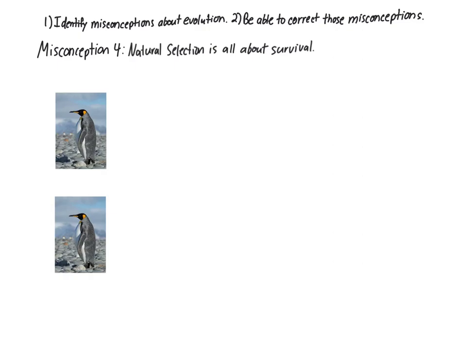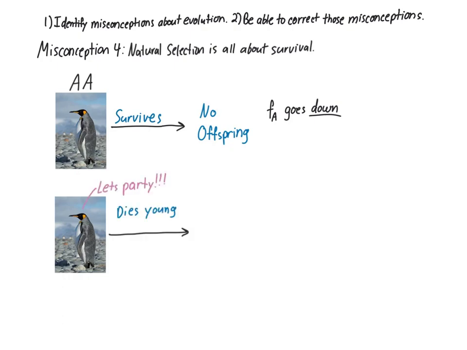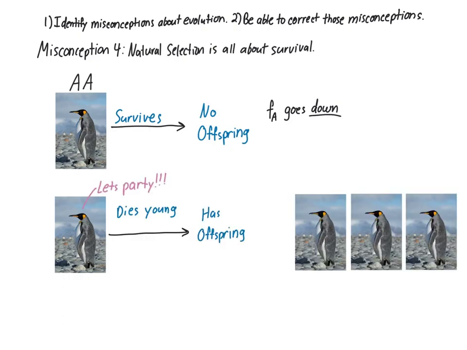Of course, an individual needs to be able to survive in order to reproduce, but if they survive and don't reproduce, then they're not passing on their alleles and are in fact being selected against. Even if an individual lives fast, dies young, and leaves lots of offspring, their alleles get passed on. Fitness is literally the number of offspring an individual has. So this penguin, who lived long, is less fit than this one